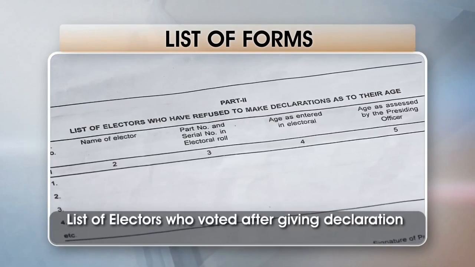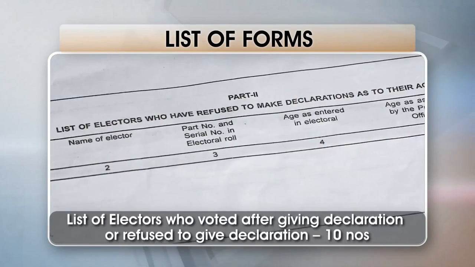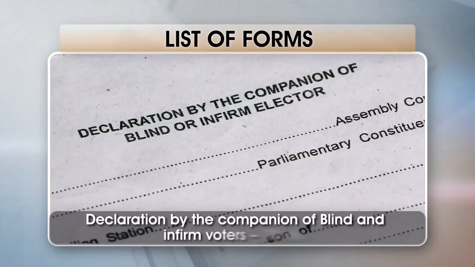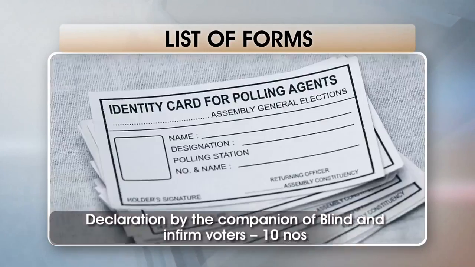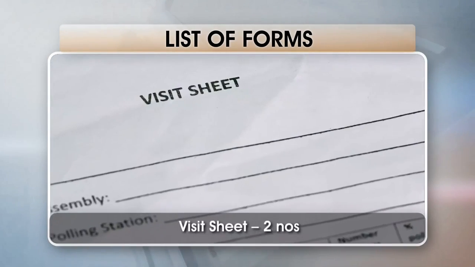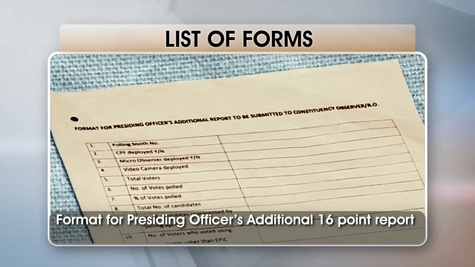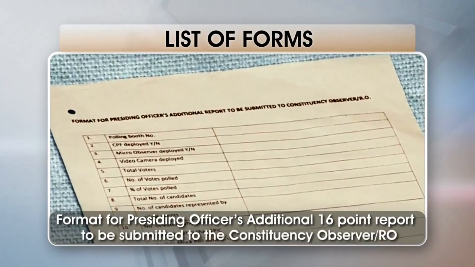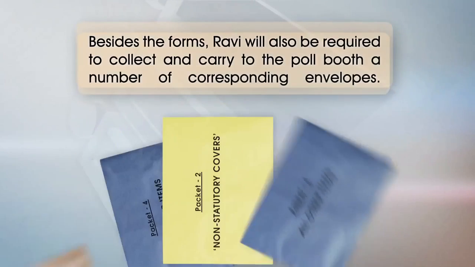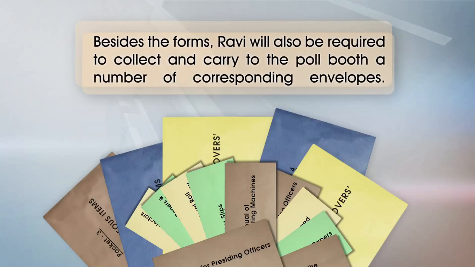List of electors who voted after giving declaration or refused to give declaration, 10 numbers. Declaration by the companion of blind and infirm voters, 10 numbers. Passes for polling agents, 2 for each candidate. Visit sheet, 2 numbers. Format for presiding officer's additional 16-point report to be submitted to the constituency observer or the RO. Besides the forms, Ravi will also be required to collect and carry to the poll booth a number of